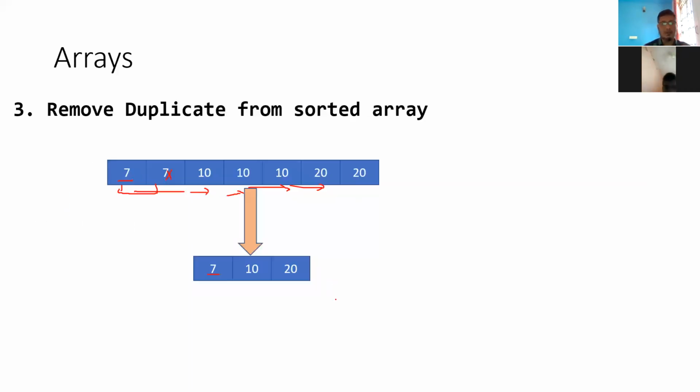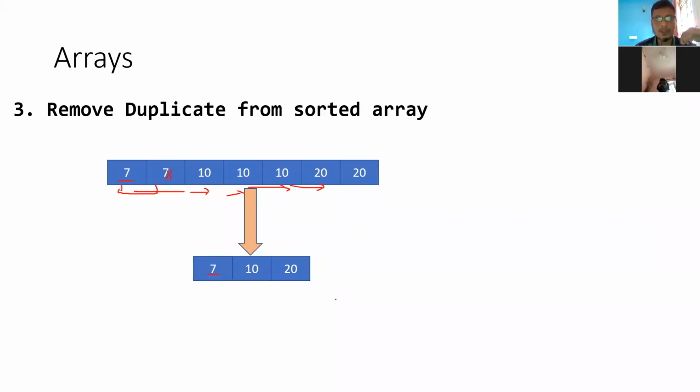I have not written the code. I think you people got how to achieve this, so maybe you can practice this at home. I just told you an example. And what will be the time complexity here? Again, theta of n, right? Because there is no best and worst case here, because you need to do the comparison for all the elements.